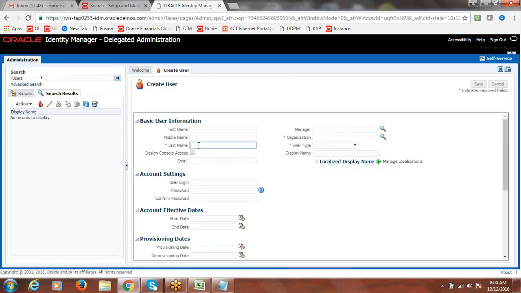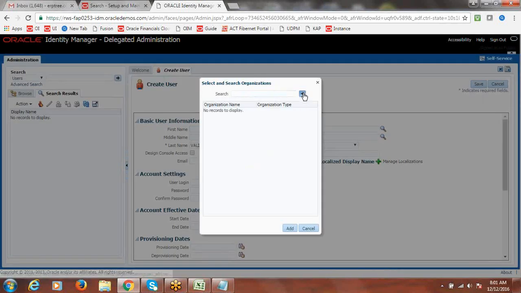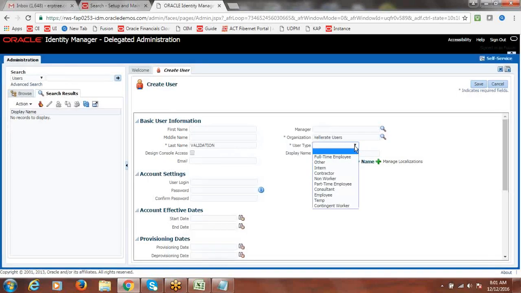Okay, I'll give the username as validation, because the purpose of what we are going to test is validation. We remove that, and we should be able to see it there. For organization, click on go and select the seeded value, which is a dummy value for this definition.